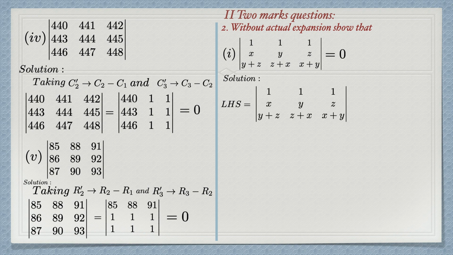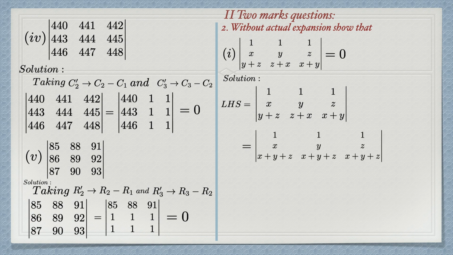Now think how to make it as a common term, or by adding or subtracting row or column, we have to take some column term. Already 1 1 1 is there. So if we make some other row or column 1 1 1, it will be easy for us to prove that the determinant is 0. For that reason, we will add certain rows.